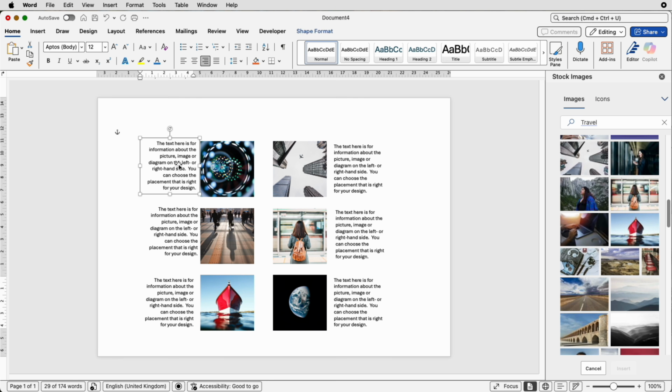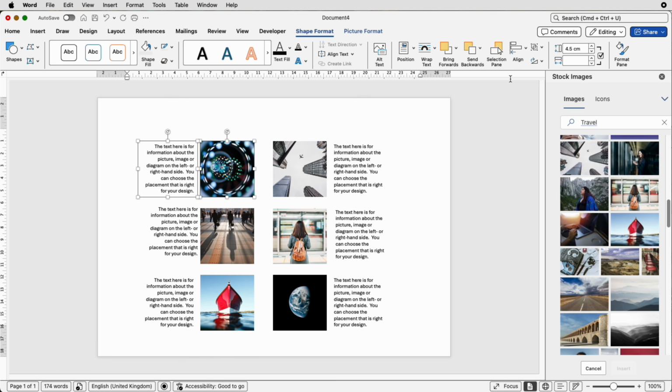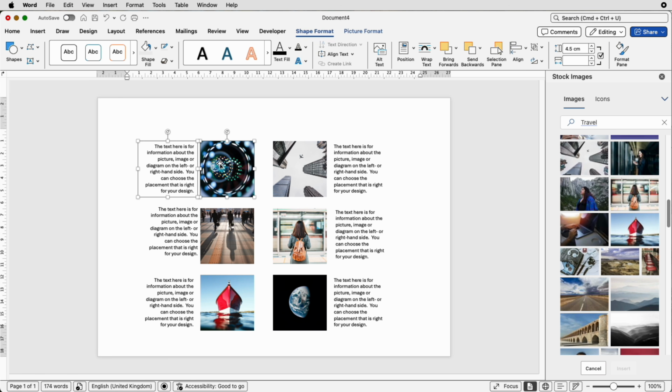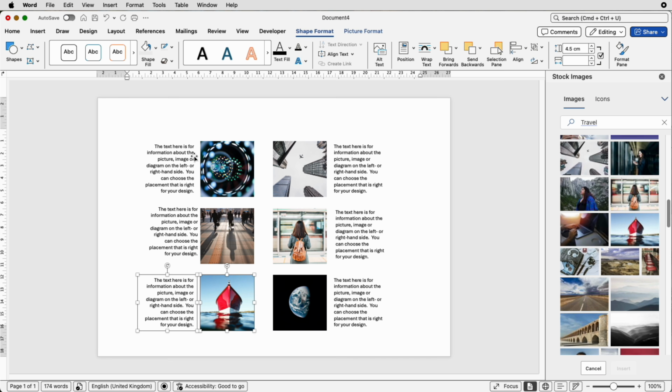And then what you need to do is to line this one up at the top here. So you can see, line it roughly with the middle of this one. You can align it by selecting them both, shape, format, align, align to middle, but sometimes that will adjust this one rather than the text. So get those two lined up, get these two lined up as well, align to middle, and then once again, all three, align,